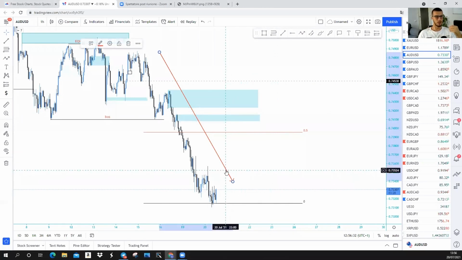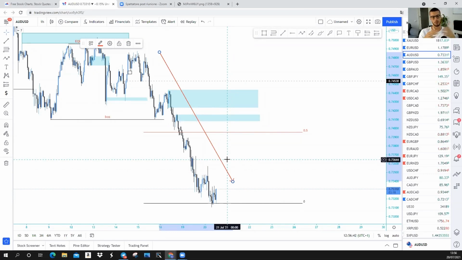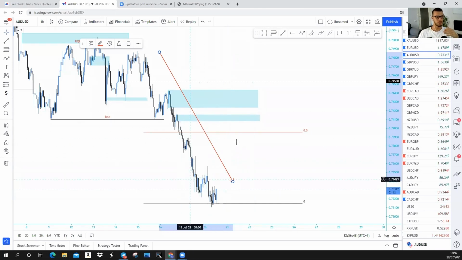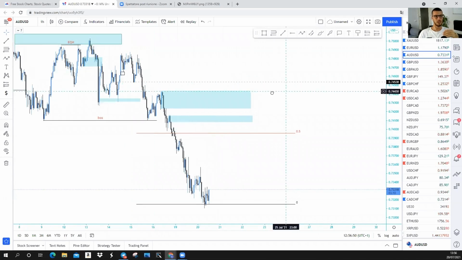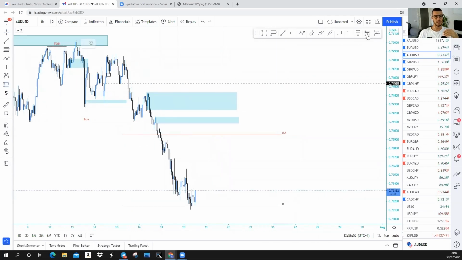Now, after understanding this, I found my fib settings that will fit my trading the most. So the 0.79, 0.62, 0.705, and so on. But before that, we start from this basic thing, which basically means that,